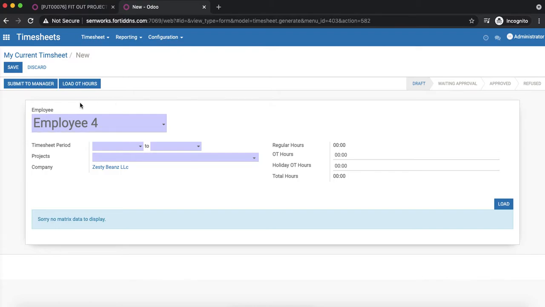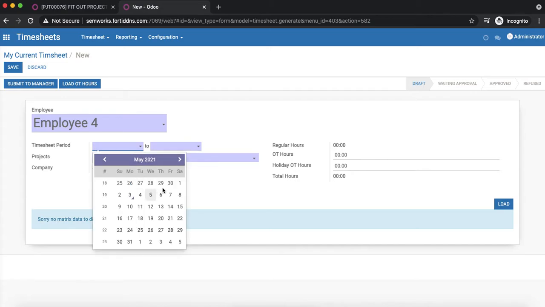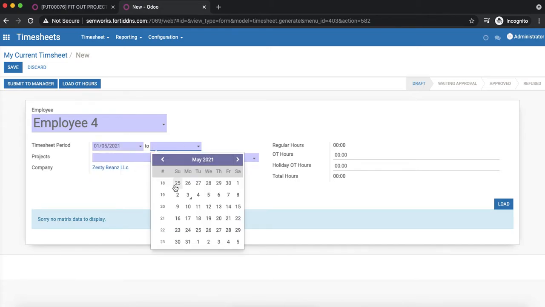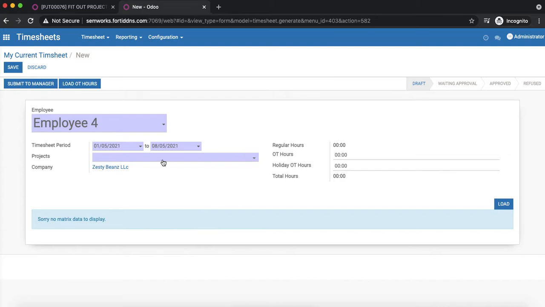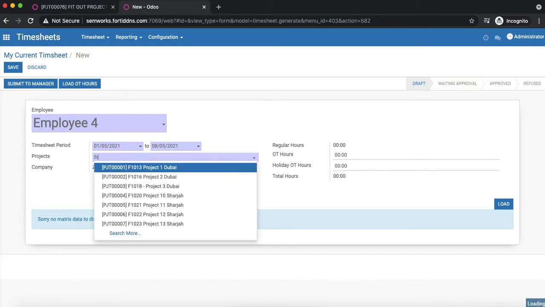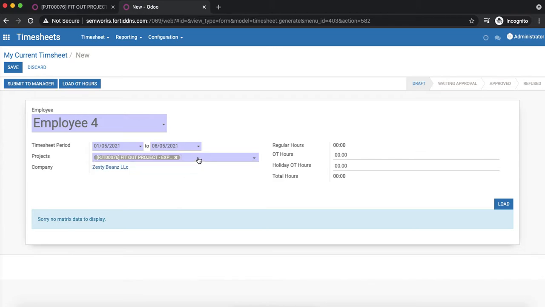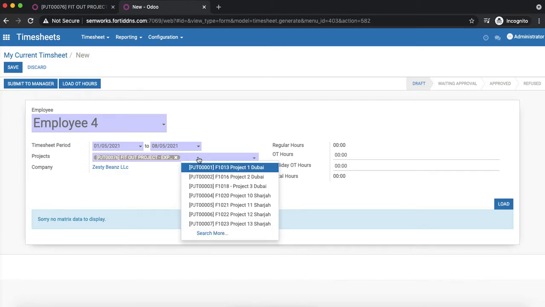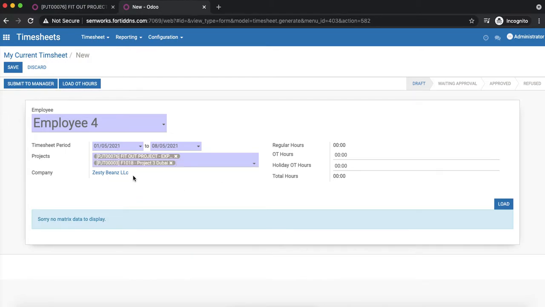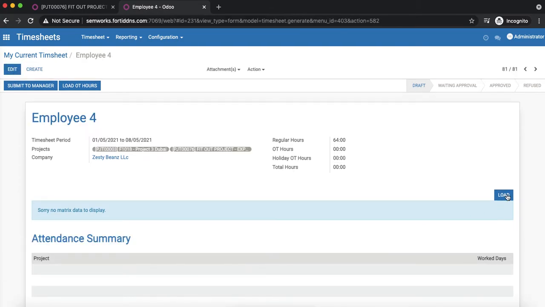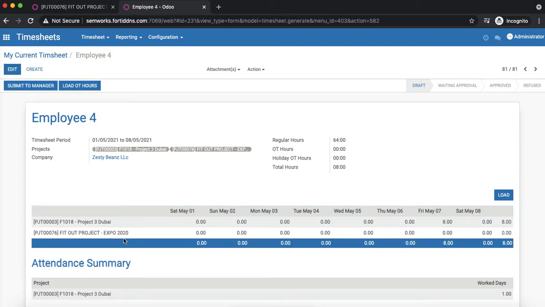So we have to load each and every employee's timesheet with a particular period. For example, May 1st to May 8th, 1 week. And I can mention different project for that particular period. For example, fit out the project expose 2020, then I am putting another project, saving that one. If I put load, automatically for that particular employees, what are the projects in this period, this will come over